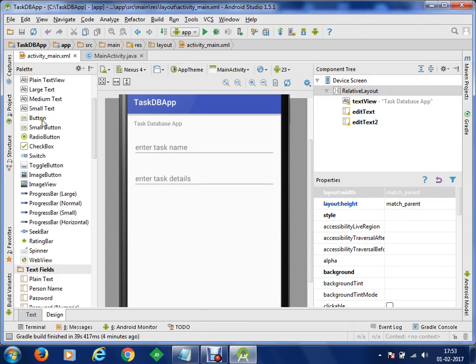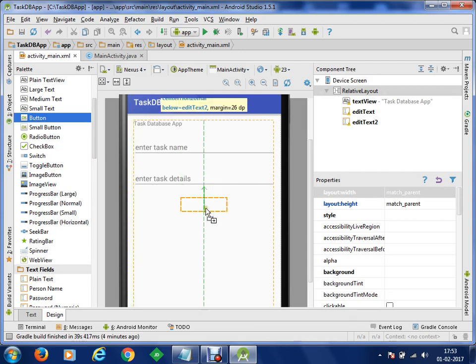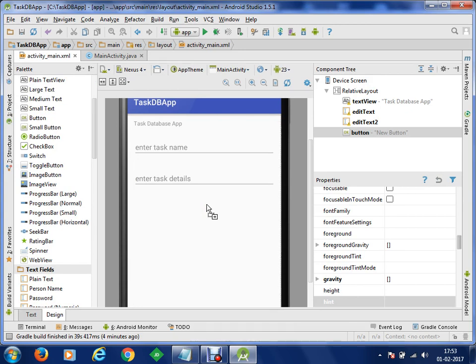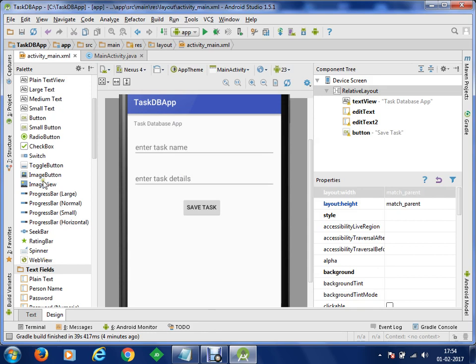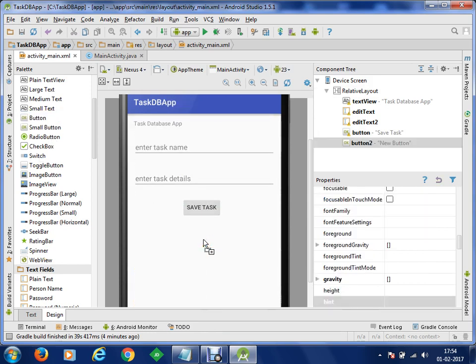So let's just put in a button control here. One button will be to save data into the database. Let's just call it save task. Second will be to view tasks which are saved into our databases.